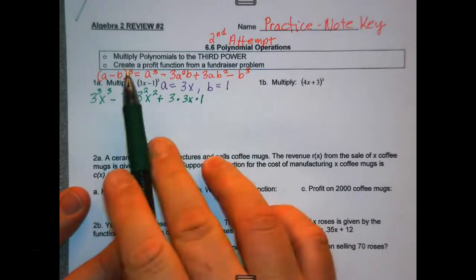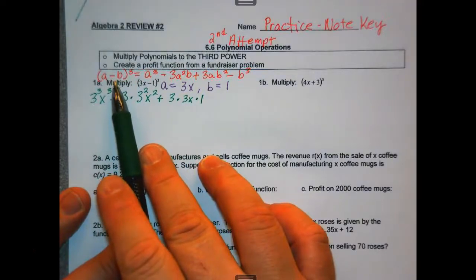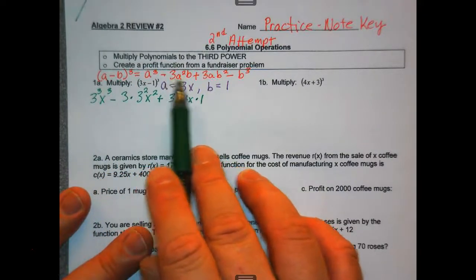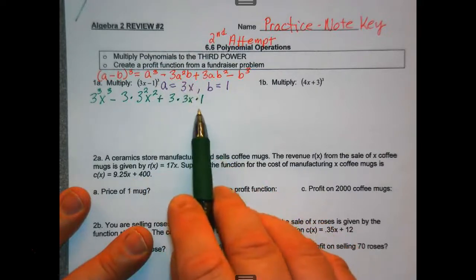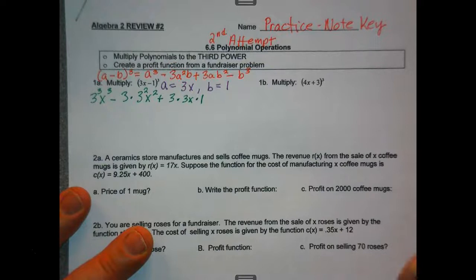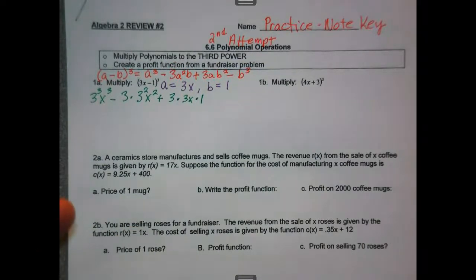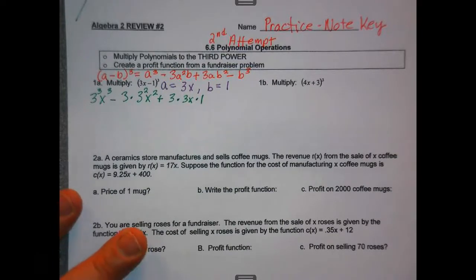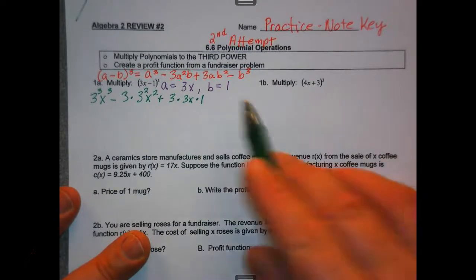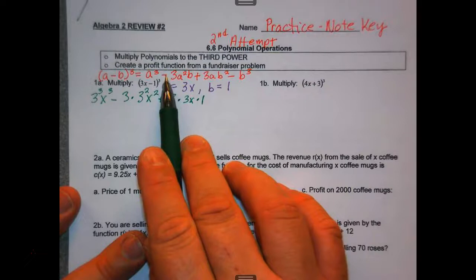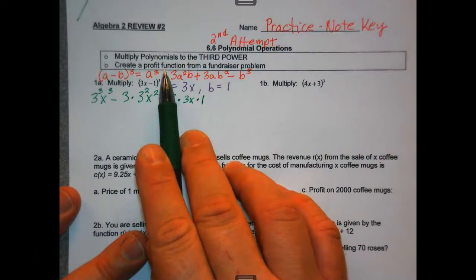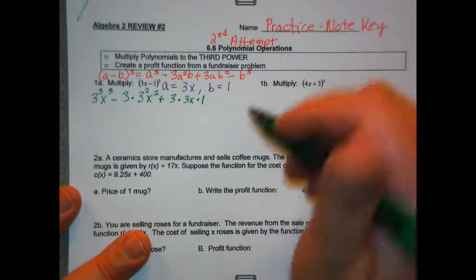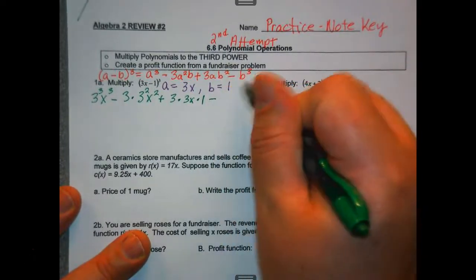In cubes, the only thing that the operation tells us is which one of these signs are plus and negative. Because we don't really have to worry about the negative sign with a cube, because we can actually have negatives when we cube something. Anything odd, you can have negatives. Anything even, you cannot have negatives. What is negative 1 cubed? Negative 1. Okay. So don't worry about it, because that's why they have the negative sign here. When you do the positives, you'll get it. All right, minus b